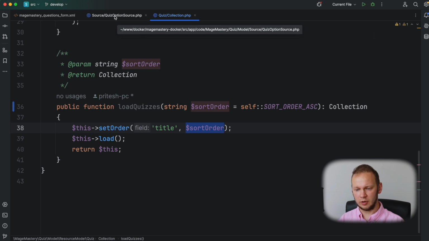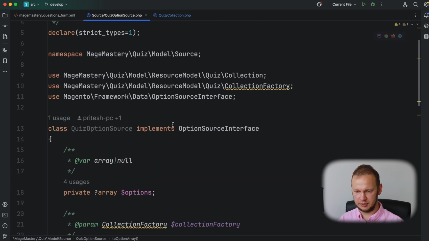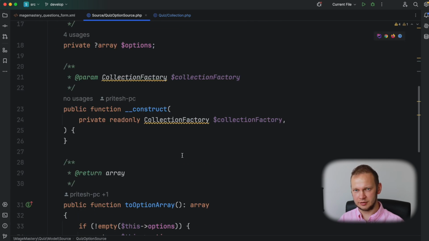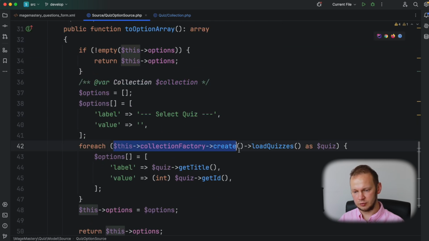This load quizzes method is called in the quiz option source class. So basically it's a class that provides a list of options for this UI select, and it uses a collection factory, creates a new collection, and triggers load quizzes, this custom method, in order to retrieve a list of sorted